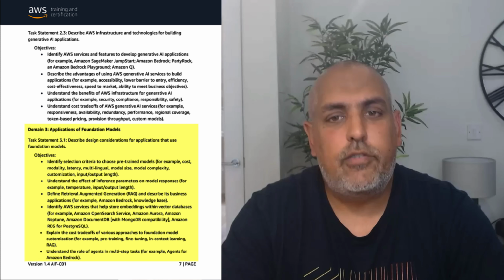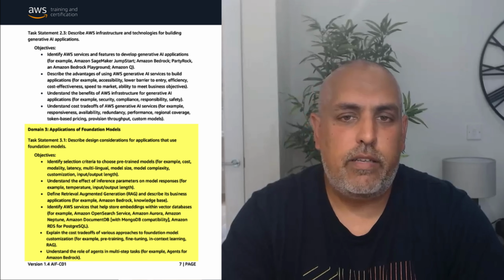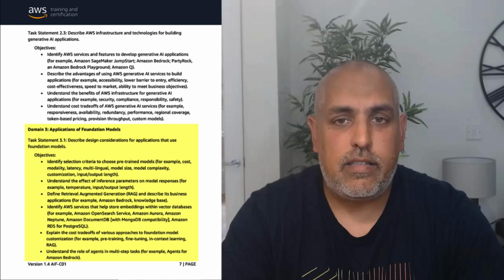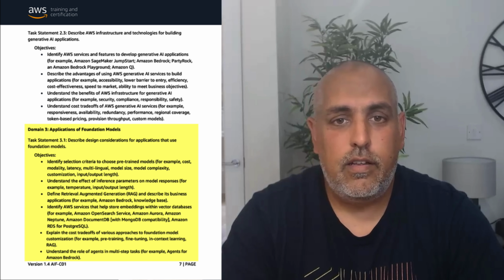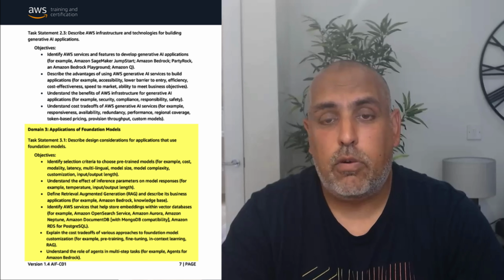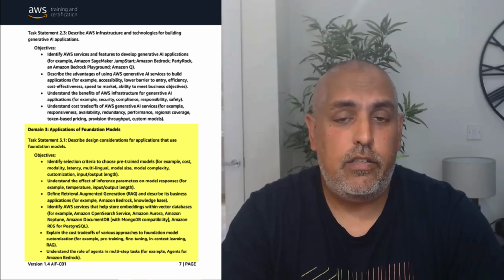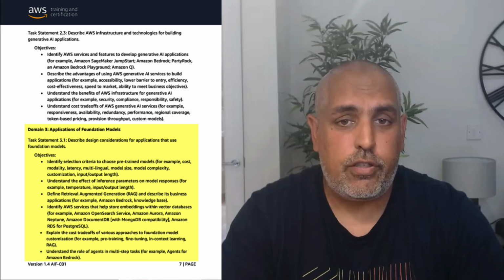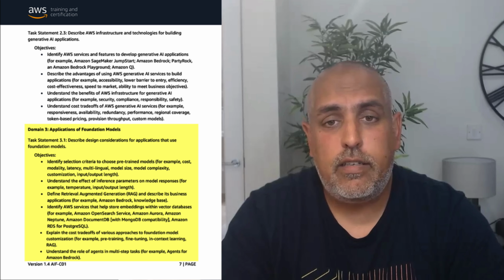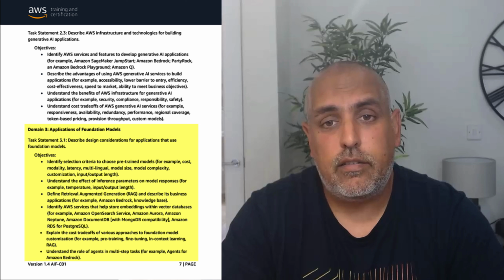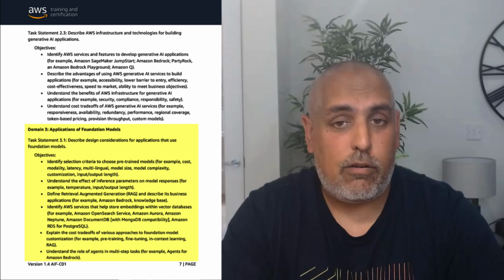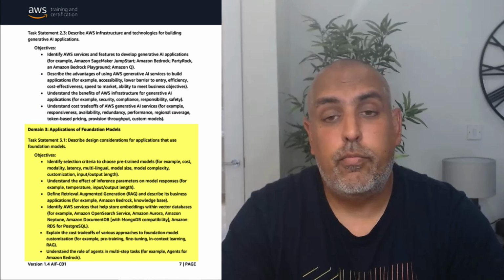The exam may test your ability to evaluate models based on criteria like cost, modality, such as text and image, etc., latency, and whether the model can handle multiple languages. You'll also need to consider how model responses can be tweaked using inference parameters like temperature, which can control how creative or deterministic the output is, or the length of the input and output, which affects everything from processing time